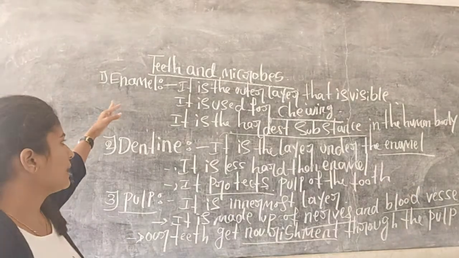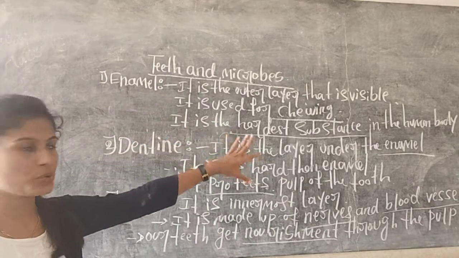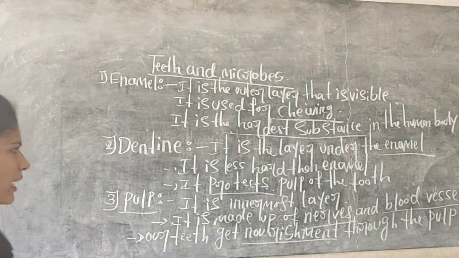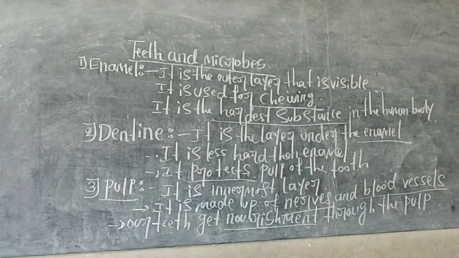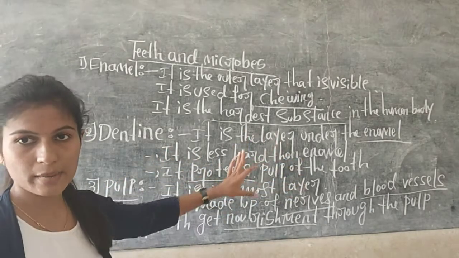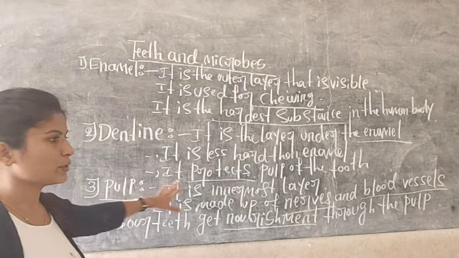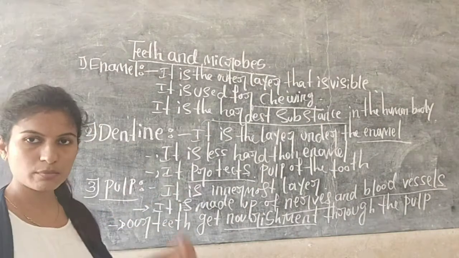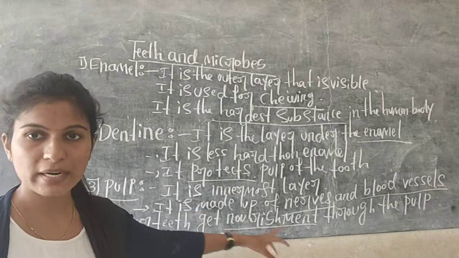These are the three inner parts of the tooth. The first one is enamel. It is the outer layer that is visible and it is used for chewing. Next, it is the hardest substance in the human body. Next about dentine: it is the layer present under the enamel and it is less hard than the enamel. It protects the pulp of the tooth. Next about pulp, it is the innermost layer and it is made up of nerves